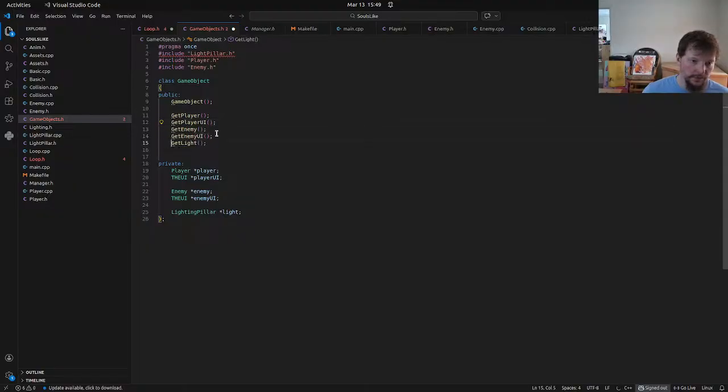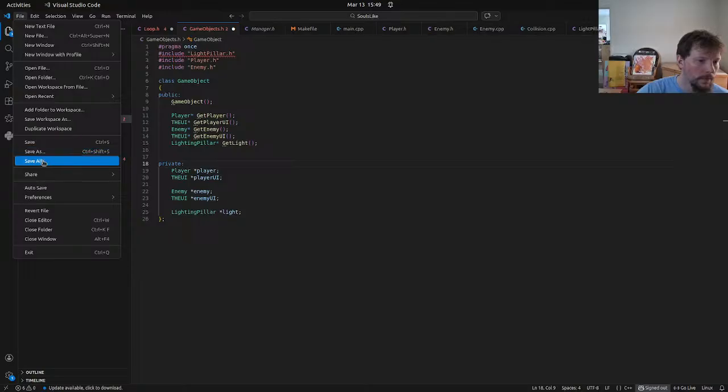Except these need return types. So this is going to return a pointer to the player. This is going to return a pointer to the UI. This is going to return an enemy pointer. This is going to return also a pointer to the UI. And this will return a light pillar pointer. As so. You know what? That's probably